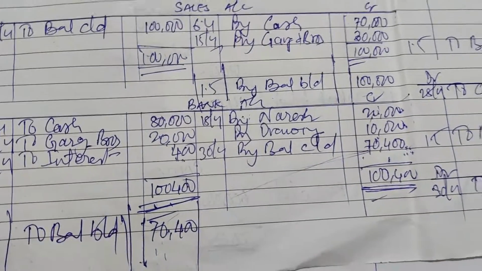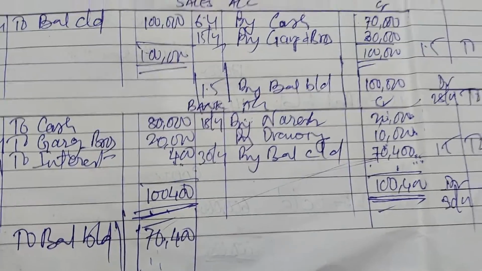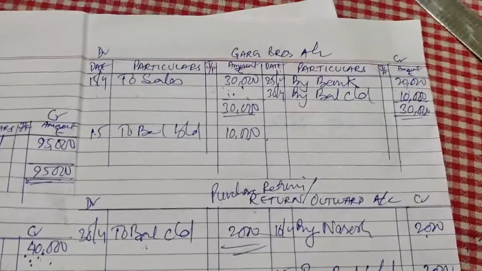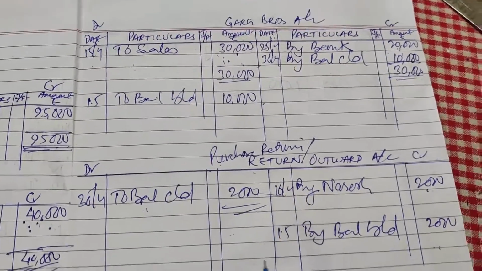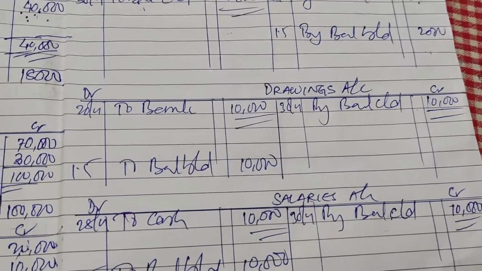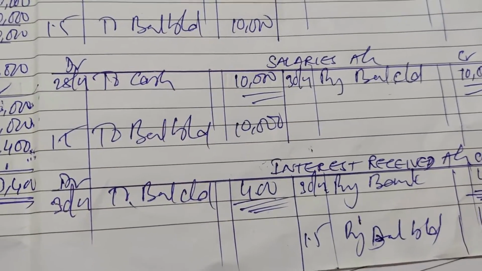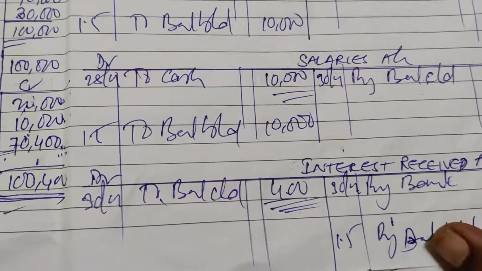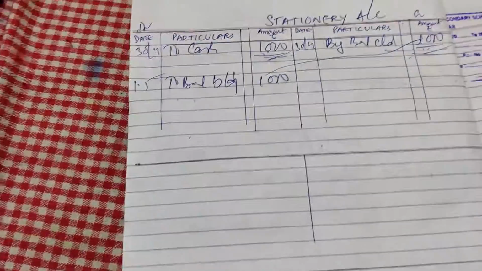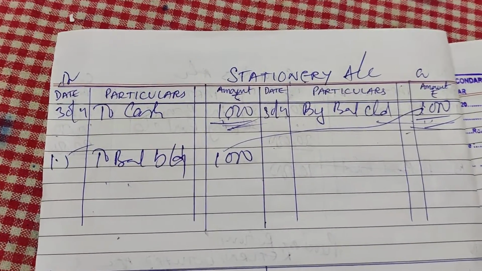I hope you have understood this ledger properly, and if not understood, go through this video again and again. The mechanism is of posting and how to balance the ledger. Each and every point I have explained here on how to balance the ledger. First of all, the journal entry. From the journal entry we have to post to the ledger. After preparing the journal entry, you have to post it in the ledger. Every individual entry is to be posted in the ledgers.